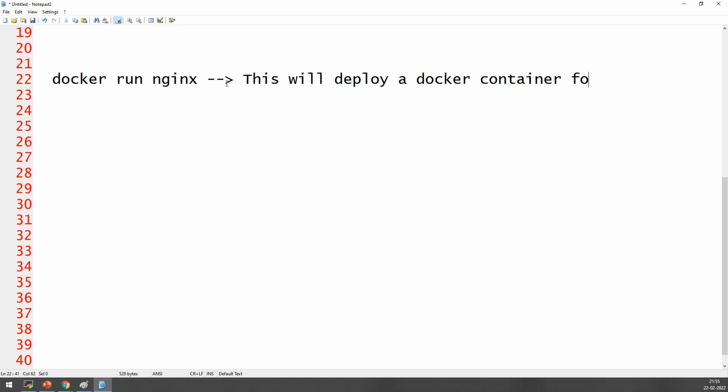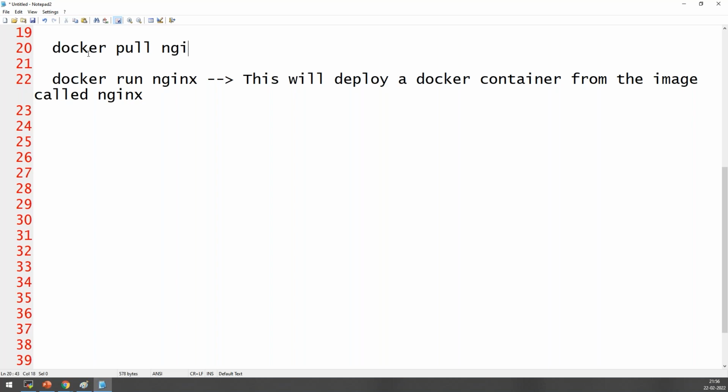From the image called nginx, right? So when you press enter on this command, if that image was not previously downloaded, there was a previous step you have to do called docker pull nginx. If this step was not done, what will this command do?